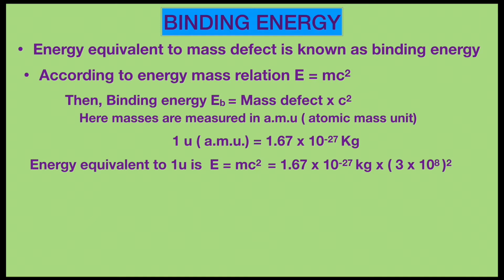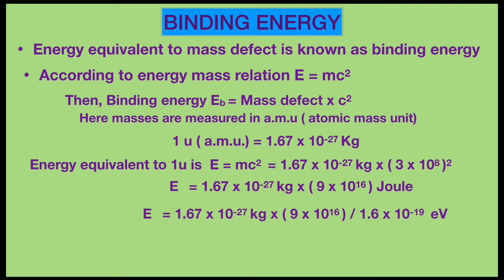We will again take the help of the formula E is equal to mc square. In place of m, we can write 1.67 into 10 power minus 27 kilogram, because it is equal to one atomic mass unit, and c is 3 into 10 power 8, so 3 into 10 power 8 whole square. If you open the bracket, 3 into 10 power 8 will turn into 9 into 10 power 16, and the mass remains as it is. Most of the time we represent energy in another unit, the electron volt. So to convert this joule into electron volt, we have to divide by 1.6 into 10 power minus 19.